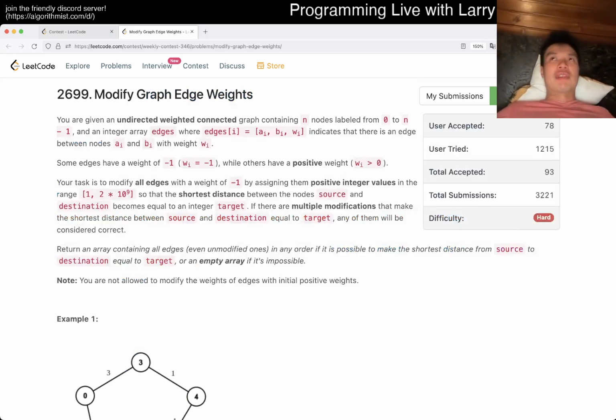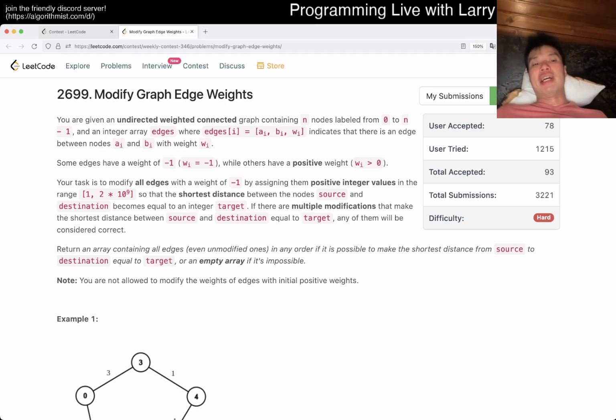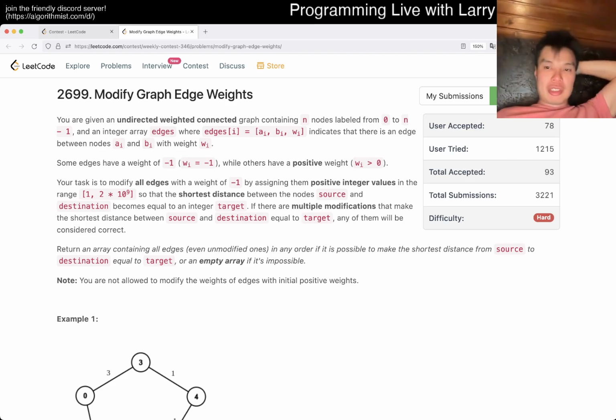I think there are a couple of things, right? The first observation is that if the shortest path is already faster than the target, then it's not possible, right? Because no matter what you do,